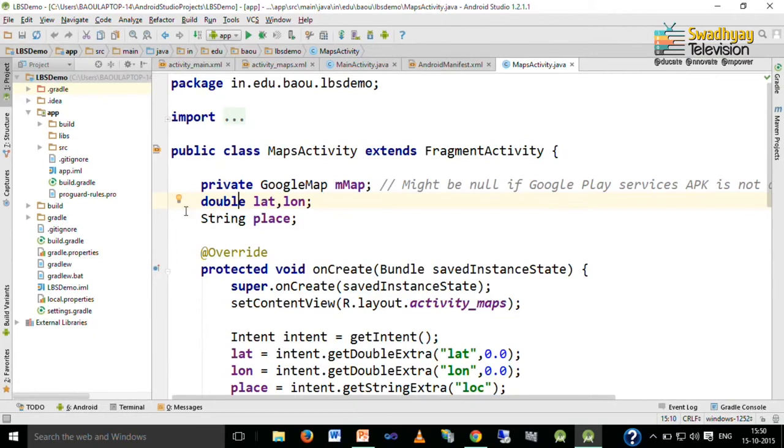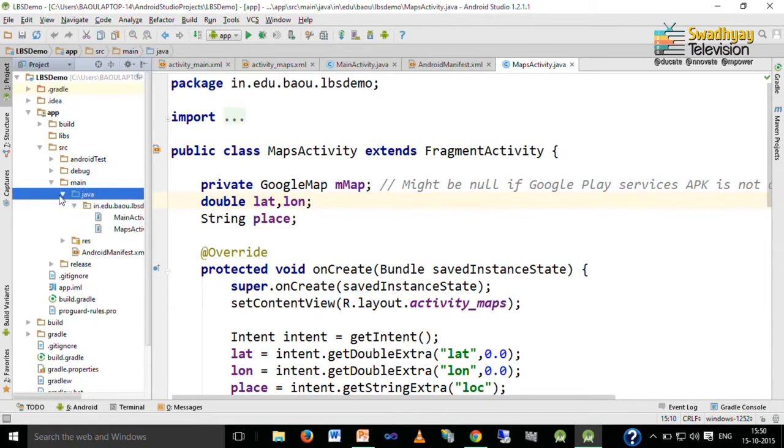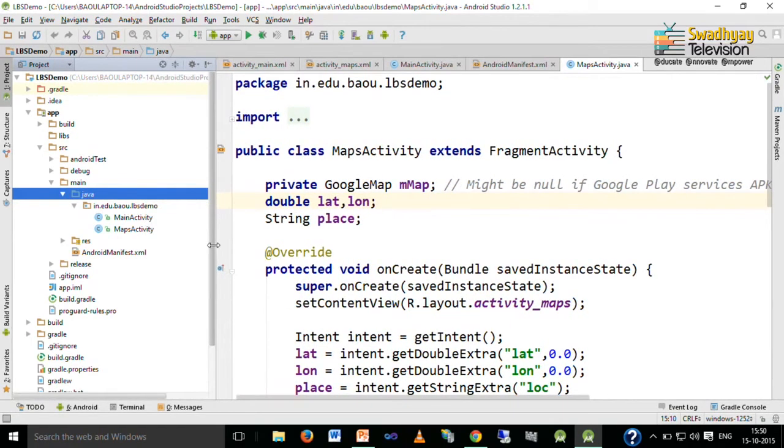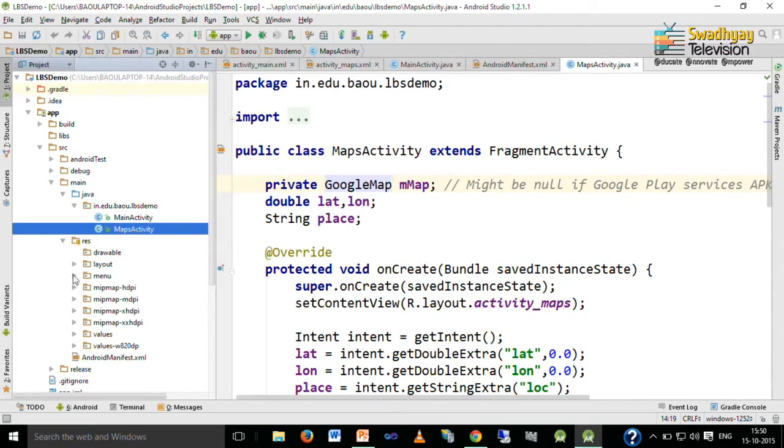When you create this project, it will add one activity. Here you can see one activity is added by the project, which is MapsActivity, and it also adds one layout file for you.